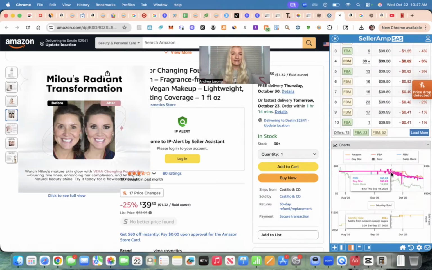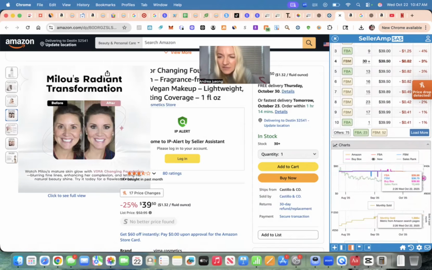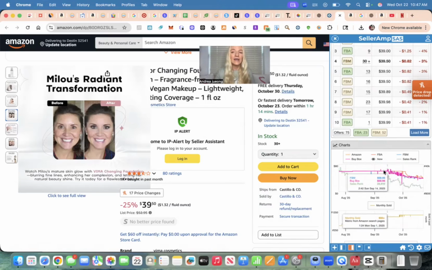So if I send my units to the Amazon warehouse, I know I can increase my price all the way to $54. If I'm selling it from home, you want to stay around the buy box price, which is currently $39, to make sales. But if your inventory is in the Amazon warehouse, you can increase the price to the highest price